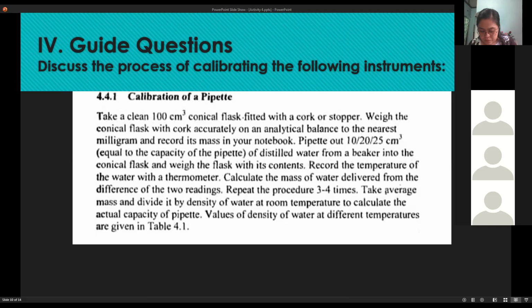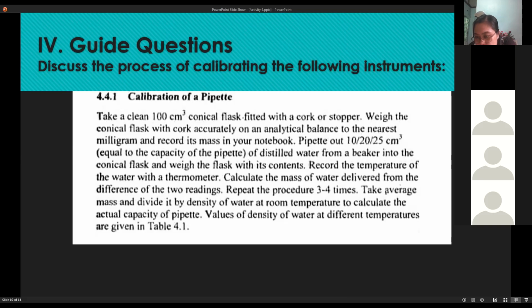For the guide question, letter B is to discuss the process of calibrating the following instruments. First, letter A is calibration of the pipette. Take a clean 100 cm³ conical flask fitted with a cork or stopper. Weigh the conical flask with the cork accurately on the analytical balance to the nearest milligram and record its mass